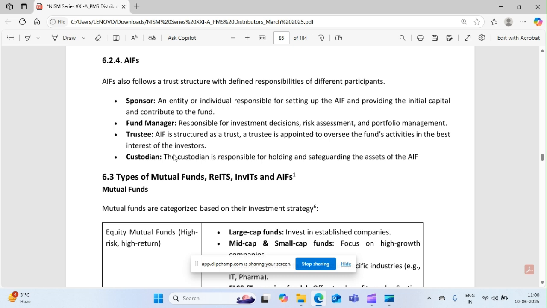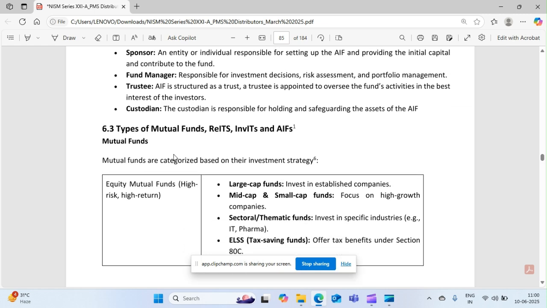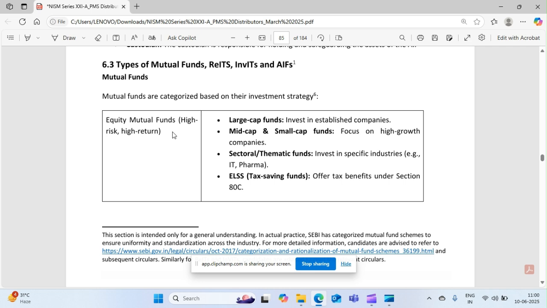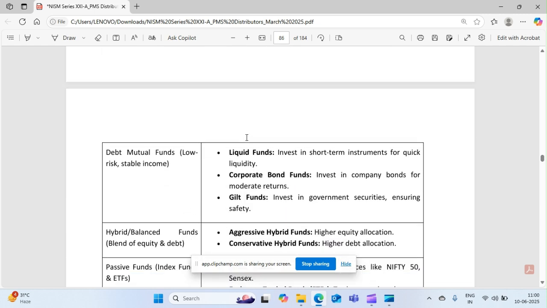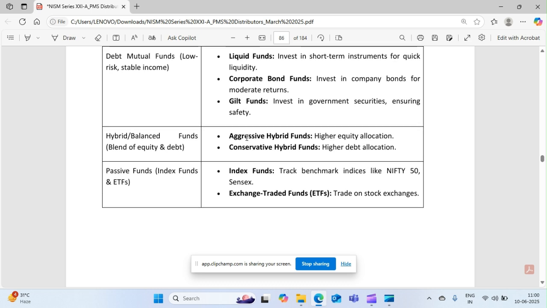Similarly, in case of AIFs, what you will see is that there is a sponsor, fund manager, trustee, and custodians, right? Now, what are the types of REITs that you will come across? So, equity mutual fund is a type of mutual fund within which you will have these types of funds. So, thematic, sectoral, ELSS, all these are types of equity mutual fund. You have debt funds, which invest in government securities, corporate bonds, short-term instruments, right? Hybrid funds, which will have a mix of the two, and passive funds, okay, exchange traded and other types of